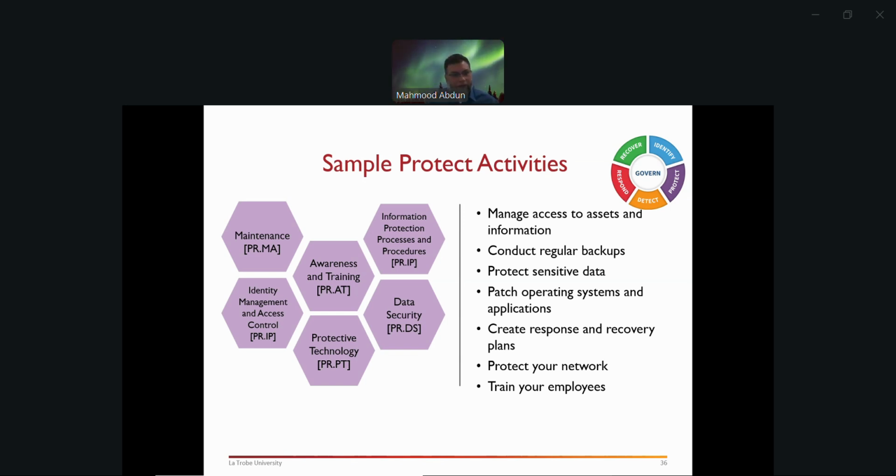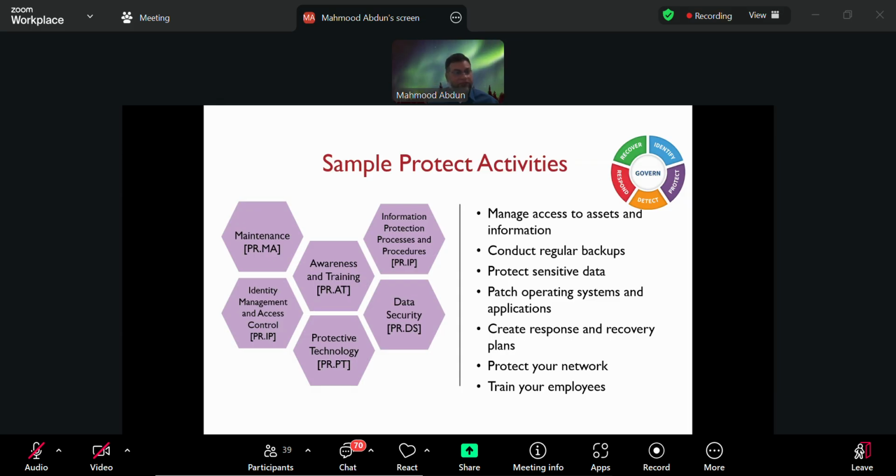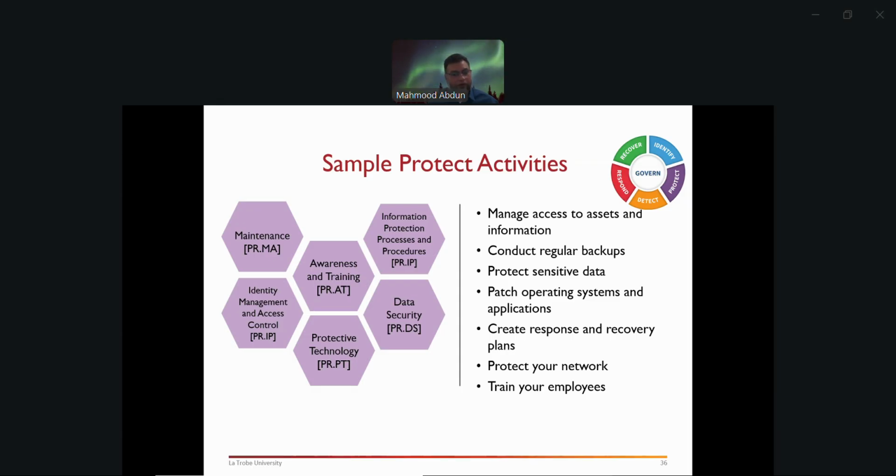Okay. There are other things. Conducting regular backups is important. Protecting your sensitive data. I talked about patching the operating system, creating response and recovery plans. These are all part of your protect activities. Protecting your network, training your employees. So you have to have an understanding of what protect really means.